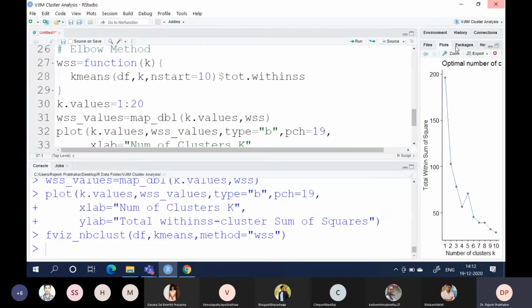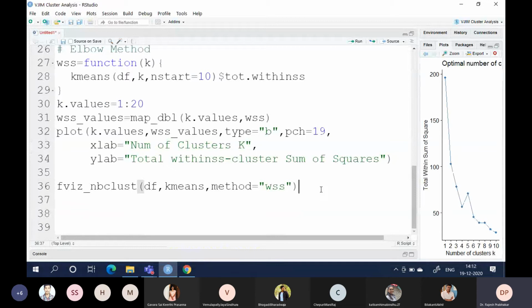So you can also use the elbow method. The same elbow method can be plotted using fviz_nbclust. So the location of the bend in the plot is generally considered to be the indication of a good number of clusters, after which it again becomes a straight line or standardized variance.